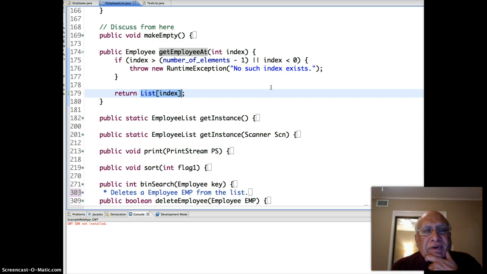The number of elements is already one larger than the last index, so we have to use this parameter here. Then it will throw an exception because we don't want to return something other than an employee, so we use the exception mechanism. So this will return the employee at index 0 or higher. Okay, we can test this one. So let's go to our testing